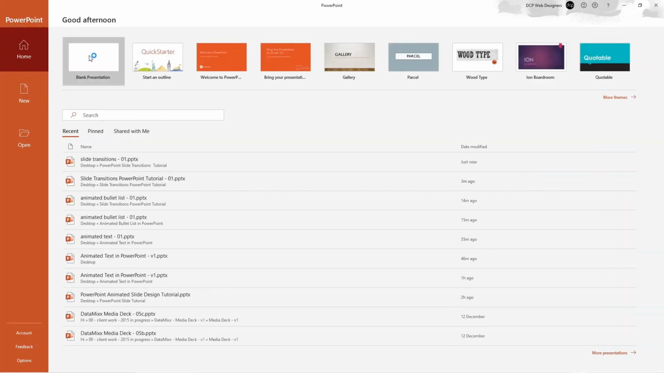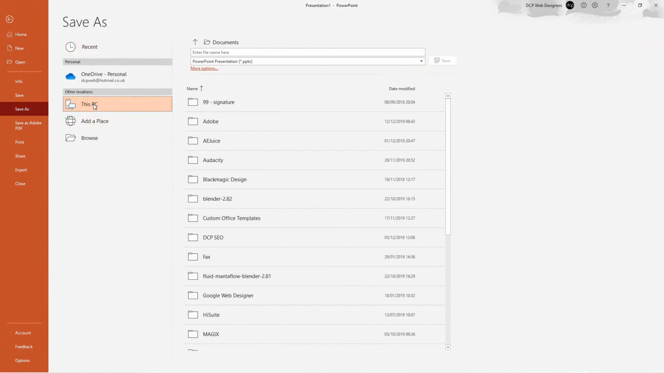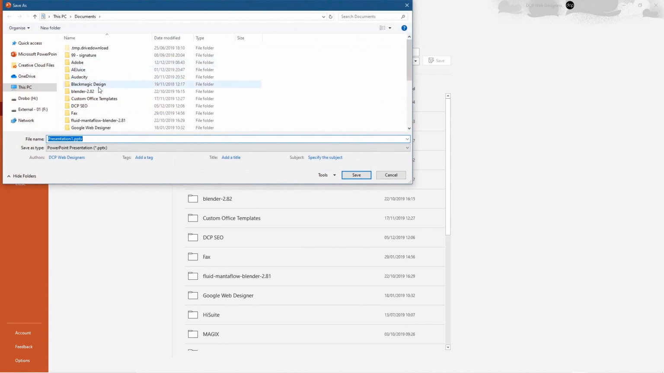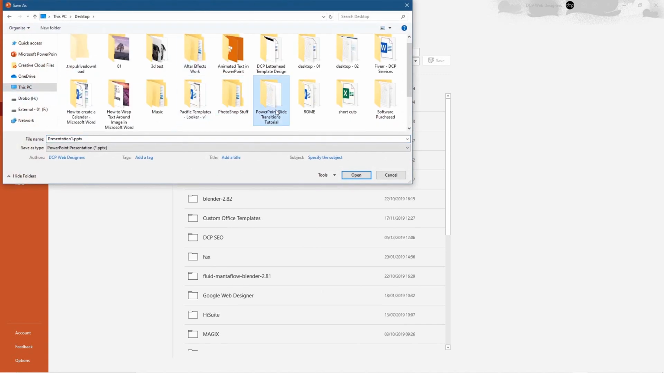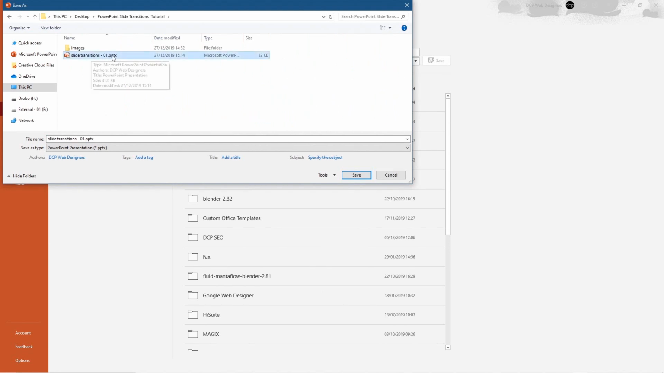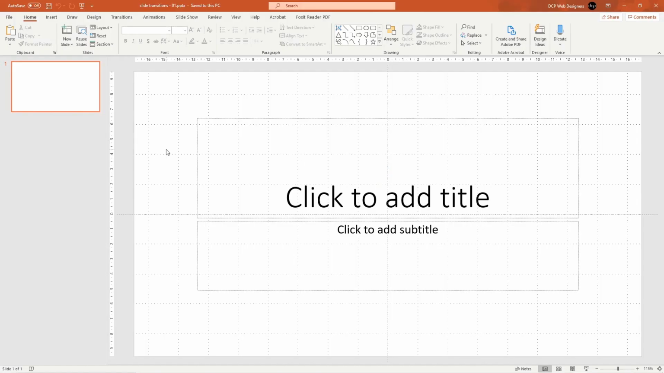And like usual, we'll click blank presentation and we'll go to File, Save As, and let's just save our work as we go along. So I'm just going to go to my desktop, and on my desktop I've got this PowerPoint slide. I've got a blank one here, so I'm just going to overwrite it. Give yours a sensible name. I'm calling mine slide transitions-01. Let's click the save button and overwrite that file, and we'll press Ctrl A to select all of this content